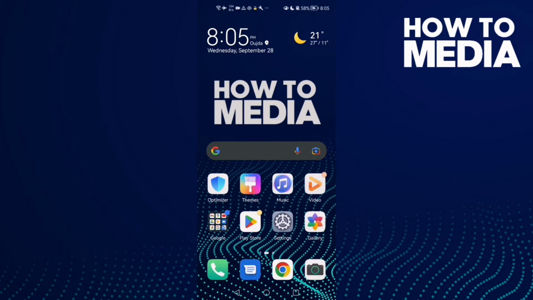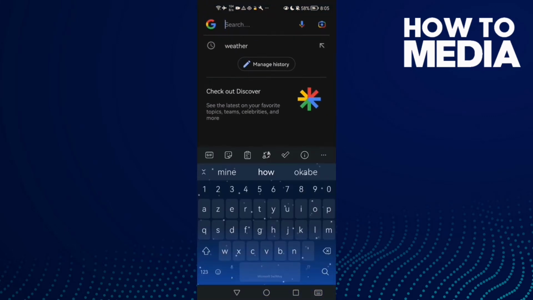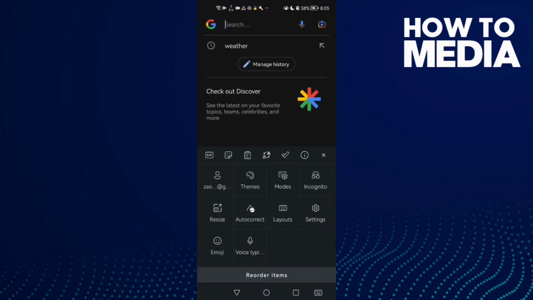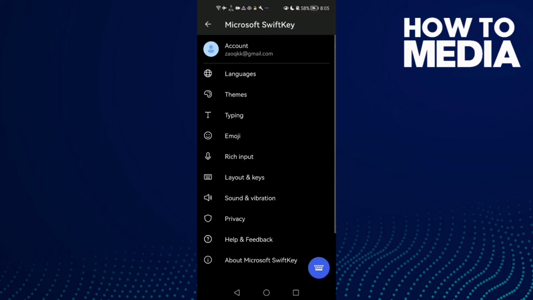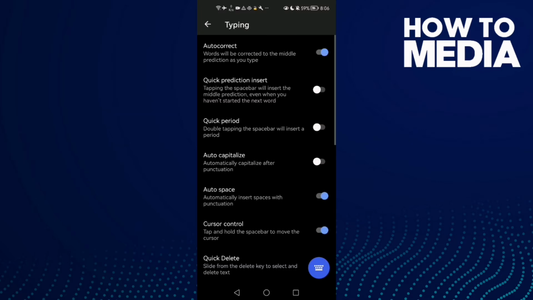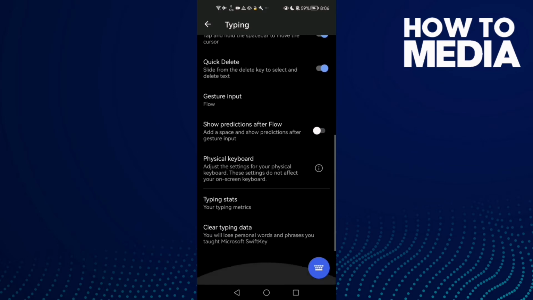First, open your keyboard and then click these three dots here, and now click settings, and here we'll find typing. Click on it, and as you see here you will find autocorrect,